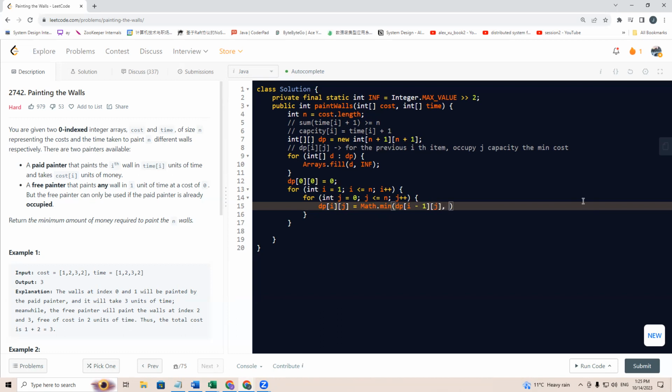And if we select it, then we'll have dp[i minus 1][j minus this capacity, which is times